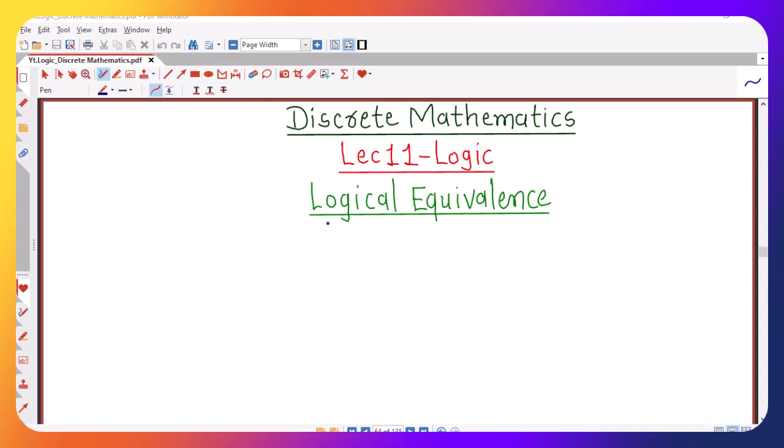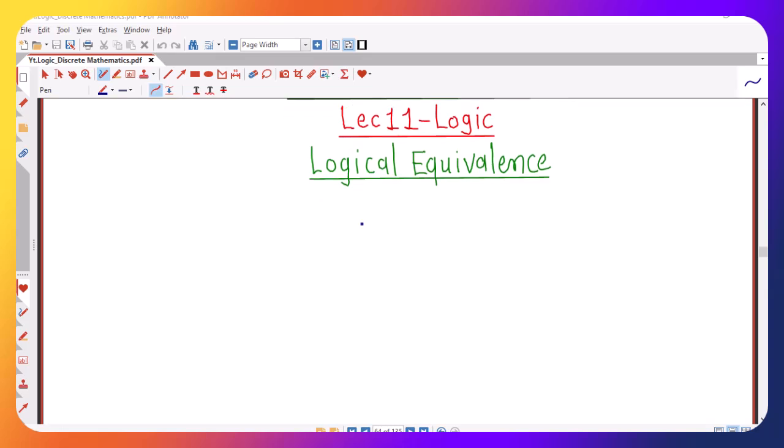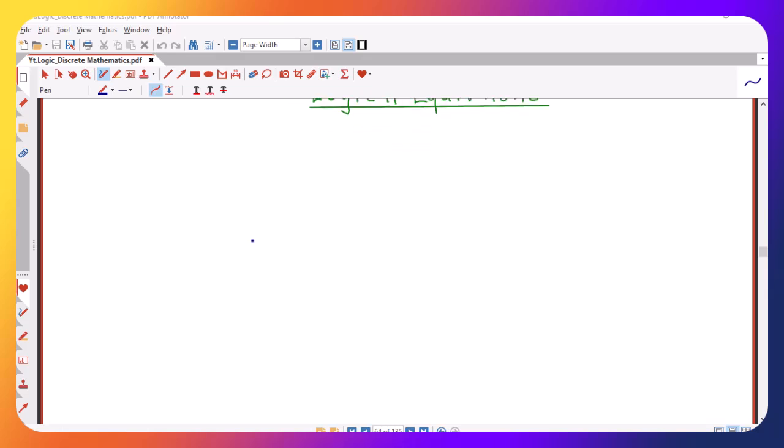In previous two lectures we have discussed logical equivalence and we have seen how we can show that two compound propositions are logically equivalent using truth table. In this lecture we are going to write or understand some standard logical equivalences, and for that we will first